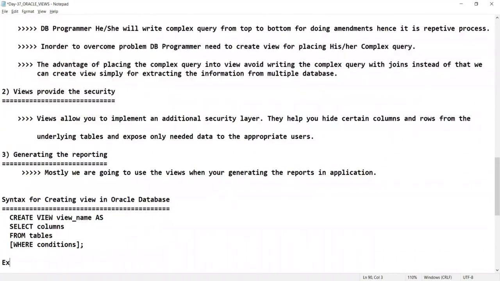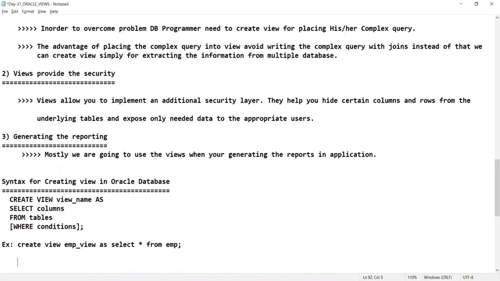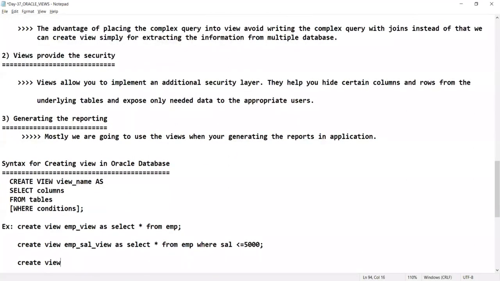For example, CREATE VIEW emp_view AS SELECT * FROM employee table. This is nothing but a view. Now I'm going to create a view, employee salary view, AS SELECT * FROM employee WHERE salary <= 5000. This is the salary view. You can create the view employee details view,